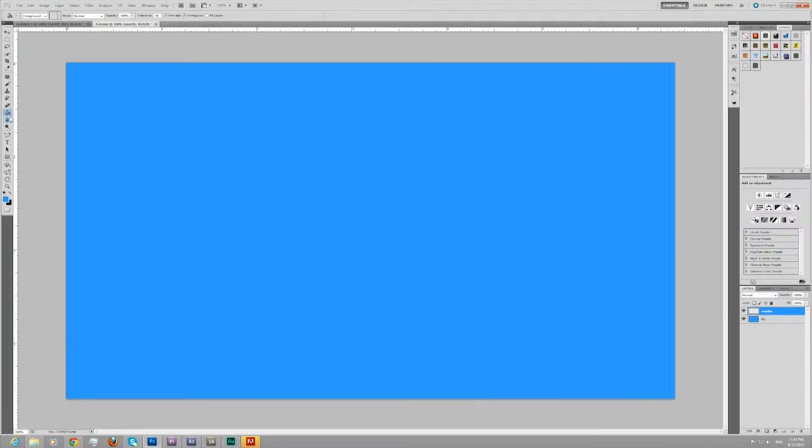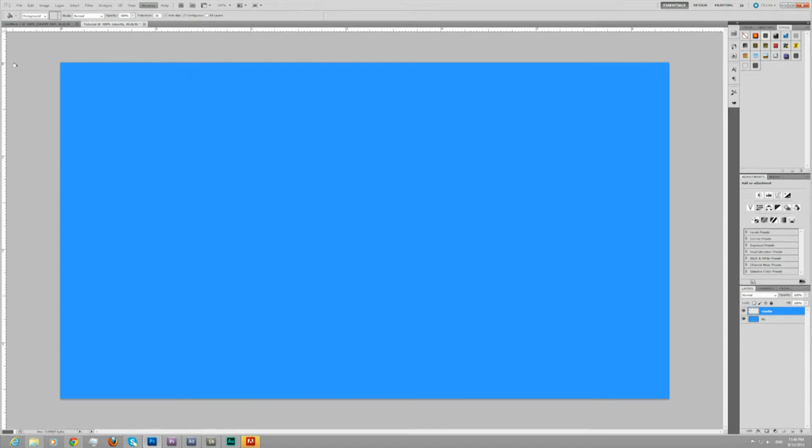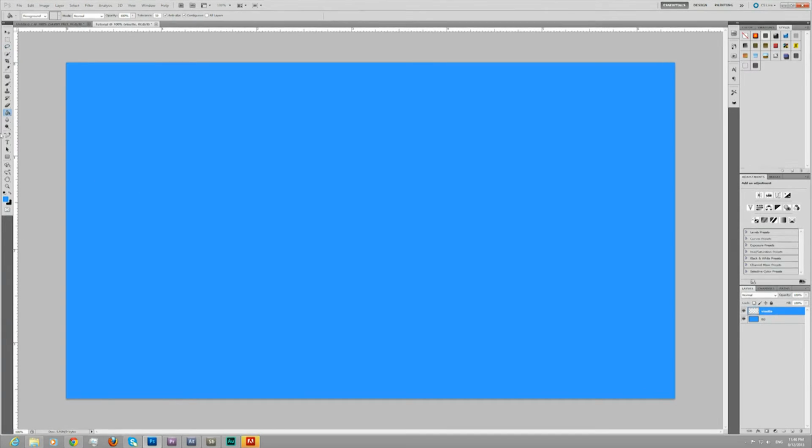So what I will do, and if you do not have your tools visible, what you can do is go to your Windows section here. This applies to any different windows that you're trying to find that maybe aren't currently on your project. So you'll see I have tools checked. If they were unchecked, they'd be gone. But if they were checked, which is what I want them to be, they'll be here on the left-hand side